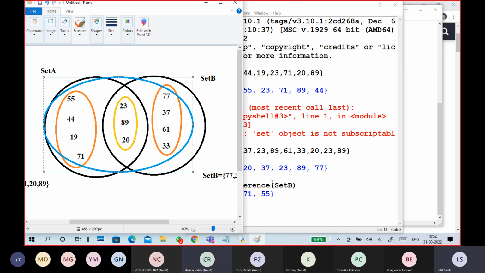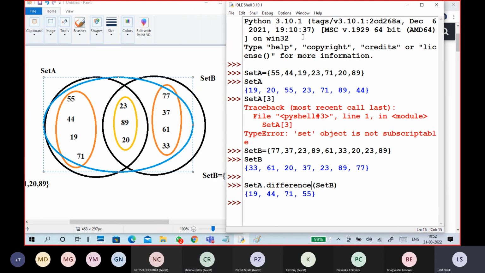Go to this Venn diagram, the diagram is called a Venn diagram, right? So 55, 44, 71, 19. What does that mean? Only set A, not the common data. It doesn't display the common data, only the data in set A. Same thing in reverse: set B dot.